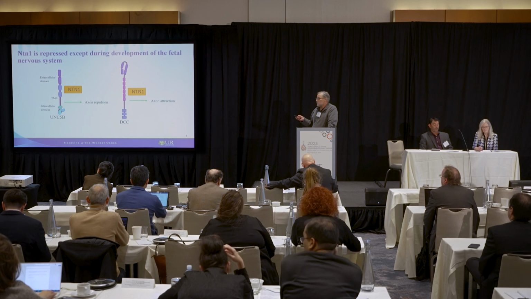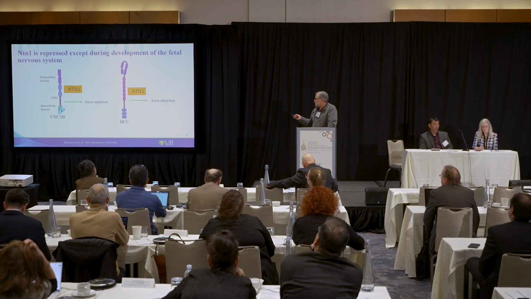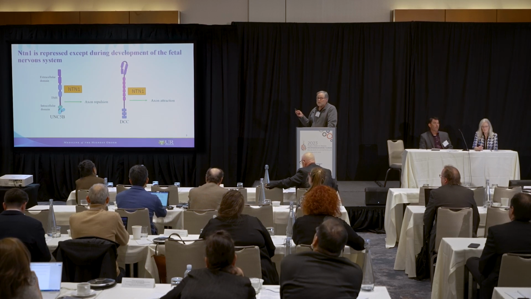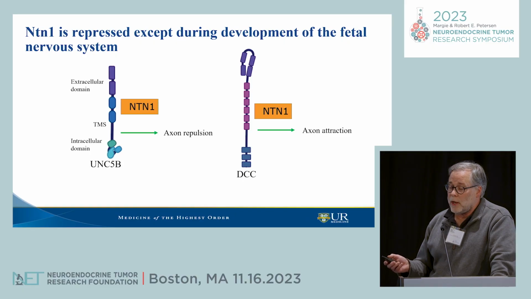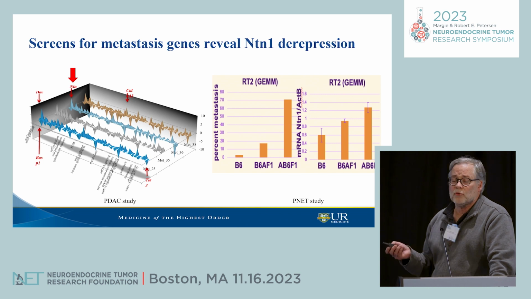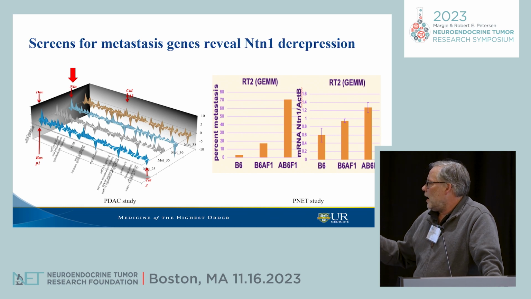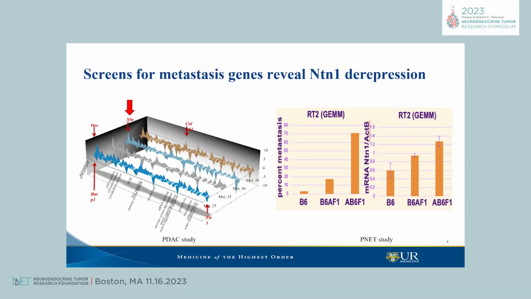And it binds to several types of receptors. DCC we've heard talked about in ileal nets in the past because it's often lost. UNC5B is another one. That's the one that's in pancreatic cancer, both pancreatic neuroendocrine and pancreatic adenocarcinomas. So we'll talk mostly about that. We've done many screens for metastasis genes, neuroendocrine, adenocarcinomas, breast cancer, and we often come up with netrin being upregulated. This was a study where we put pancreatic adenocarcinoma into an orthotopic model, and then after 8 weeks, we cut out the Mets, and the Mets were all upregulated in netrin.